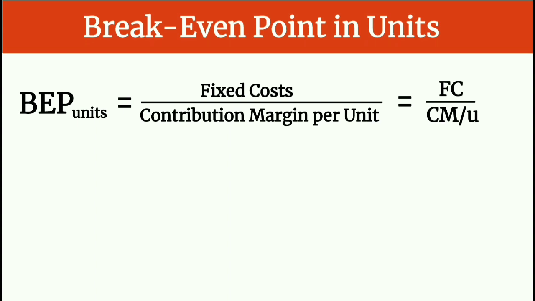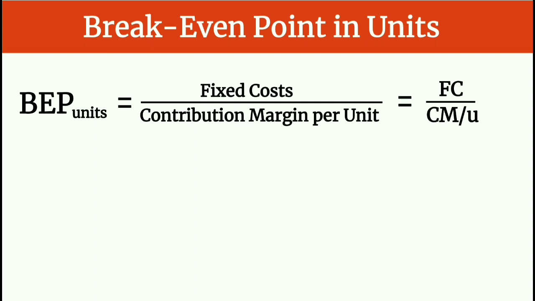The only difference is the denominator. Sa break-even point in pesos, ang denominator ay CMR or contribution margin ratio. Sa break-even point in units naman, ang denominator ay contribution margin per unit or CM per U. Para makompute yung contribution margin per unit,